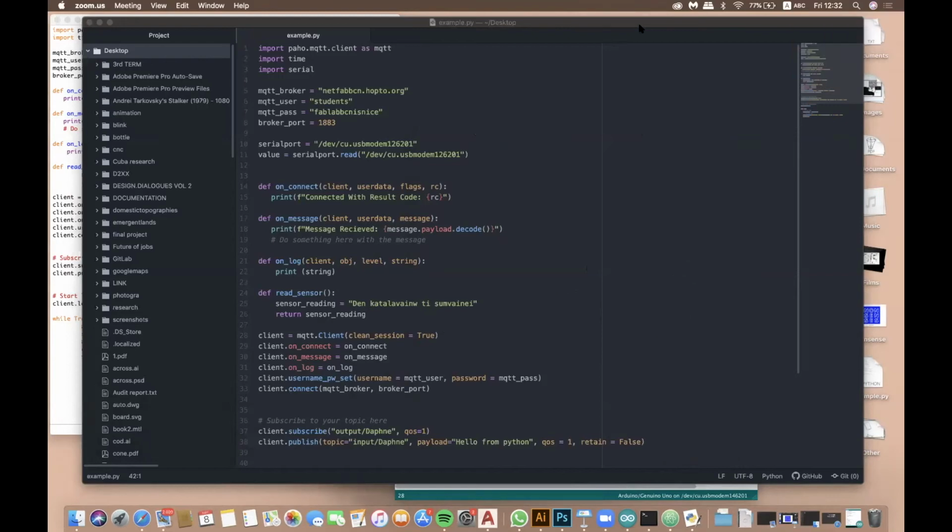Oh, I cannot see the chat with my shared screen. Wait. Where is this? Oh, I didn't paste. Yeah, if you check in the chat, I put